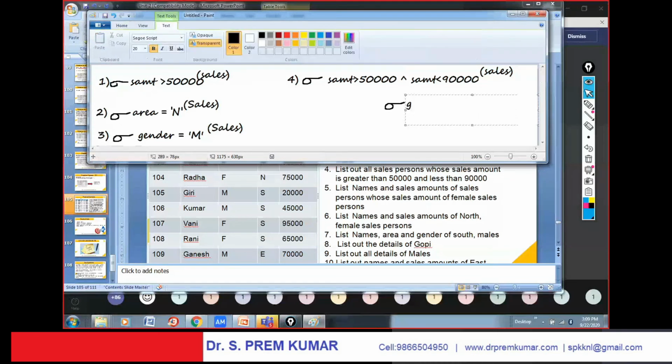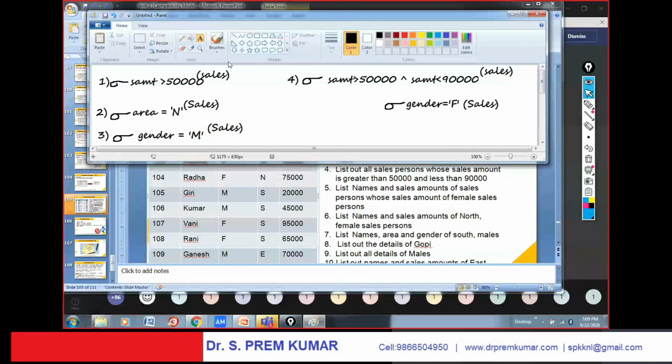Select gender equals to F from sales. From sales means you will get the complete details of all females, all female salespersons. If I say select gender equals to female from sales, you get the details